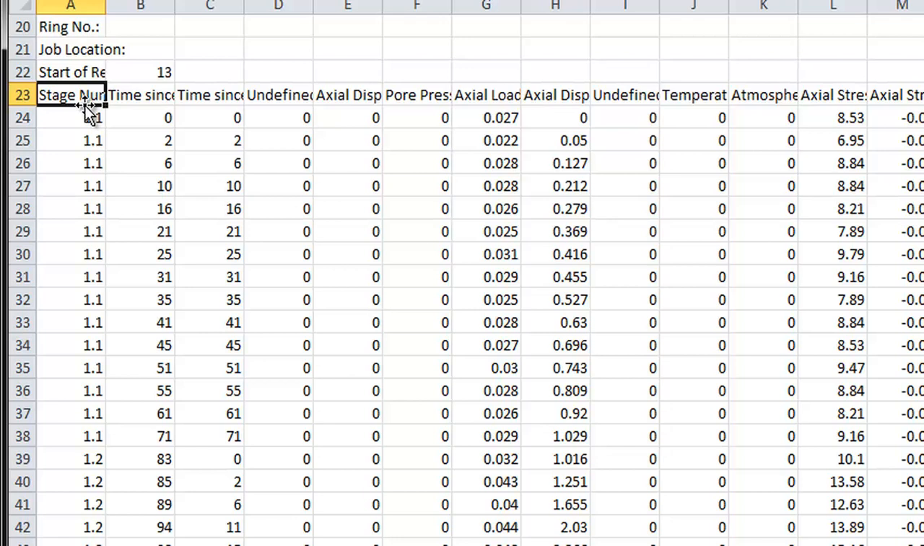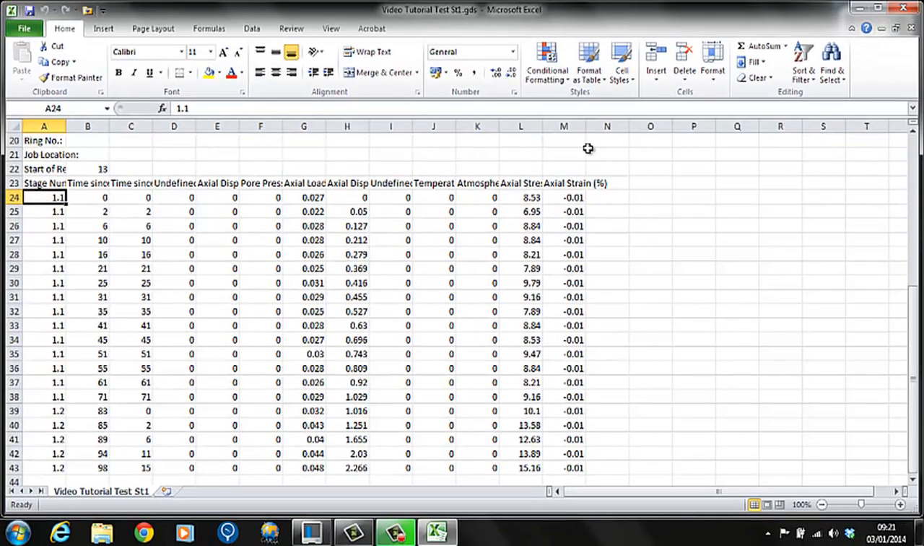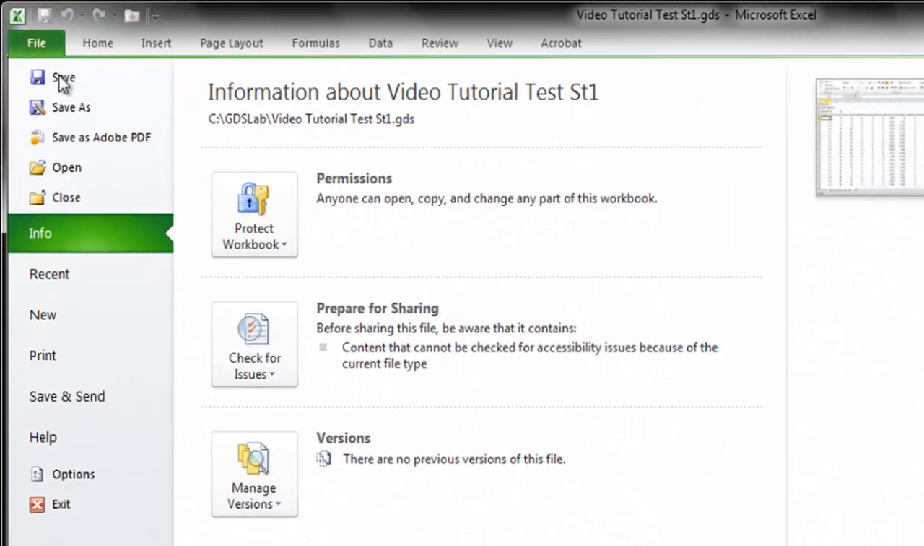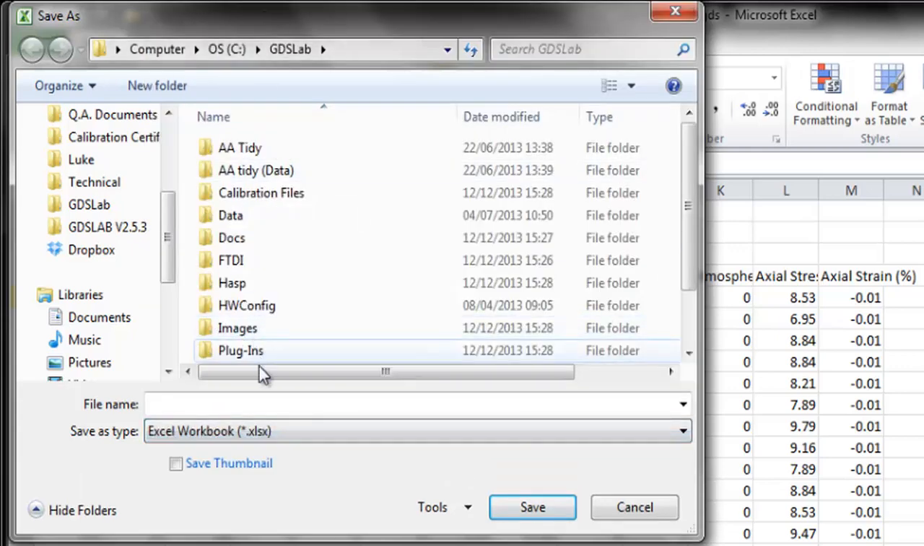As you can see, all the information has been neatly divided into its correct columns with descriptions at the top. This then allows for easy analysis of all your data that has been saved by GDS Lab. It can also easily be saved as an Excel spreadsheet as well as